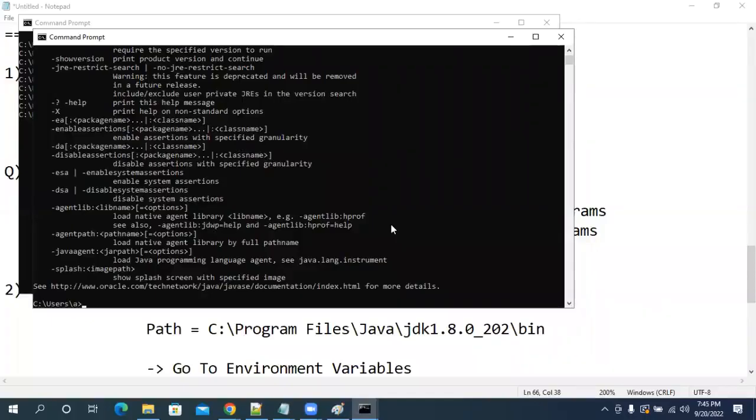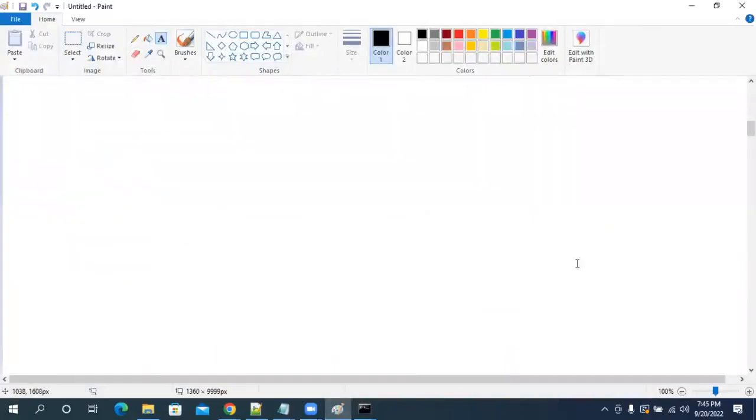So with this, what have we done? Environment setup is completed. We are able to download and install, and we are able to complete the path setup also. After this, sir, okay, in my machine Java is available, but where should I write the Java program? Do I need any software for the next 1 month? For the next 1 month, you don't need any other software to write the Java program.